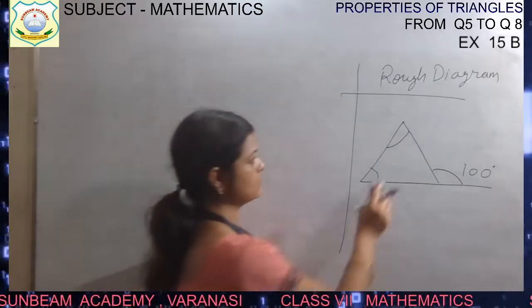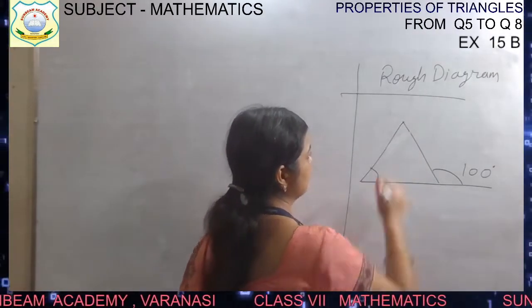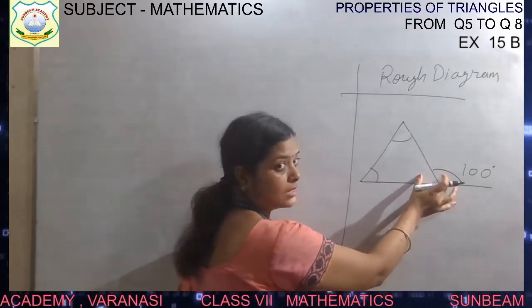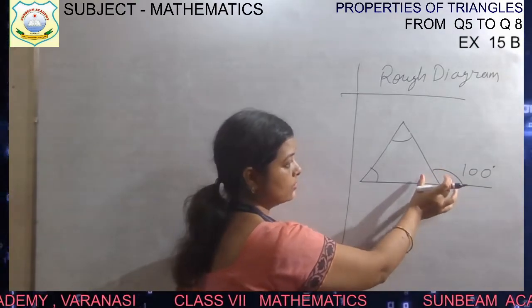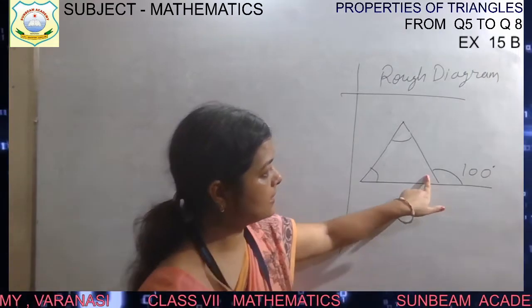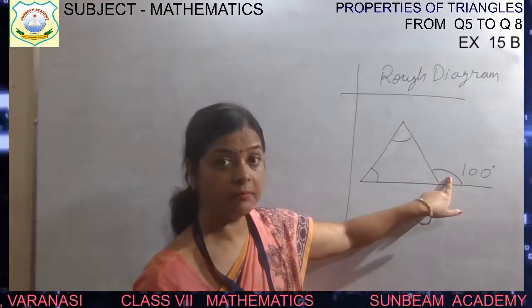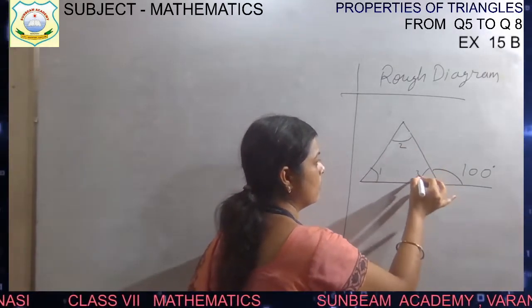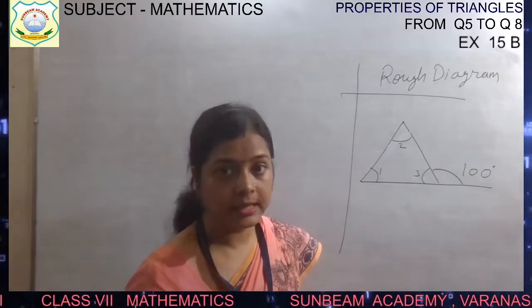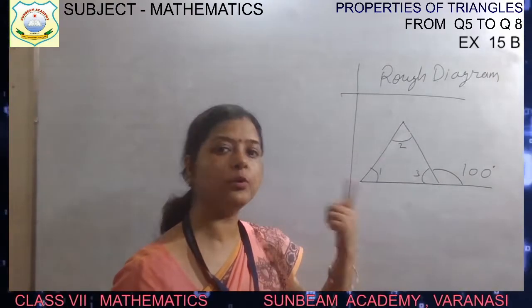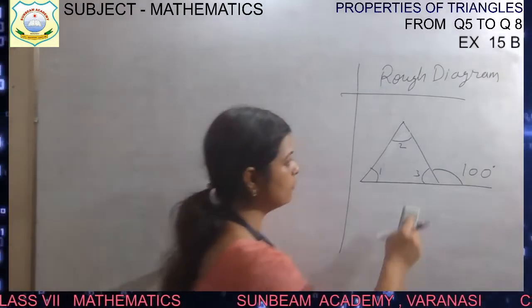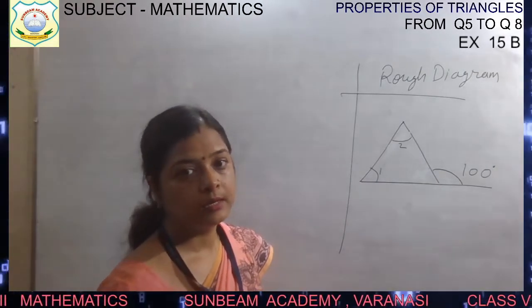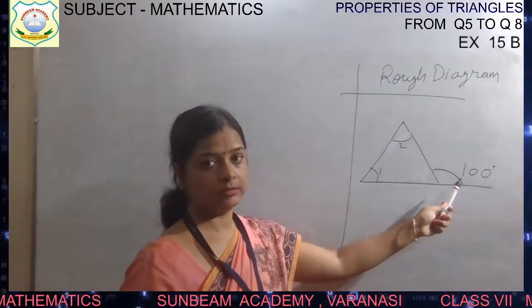This is an interior angle. These two are interior angles. This is also an interior angle, but it is adjacent to the exterior angle. So we will not take this, children, because it is adjacent to this 100 degree. This is exterior, and these two angles, angle 1, 2 and angle 3, all the angles are interior angles, but they are saying that it should be interior and opposite angles. It should not be adjacent angles. So we will not take the adjacent interior angle of the exterior one.